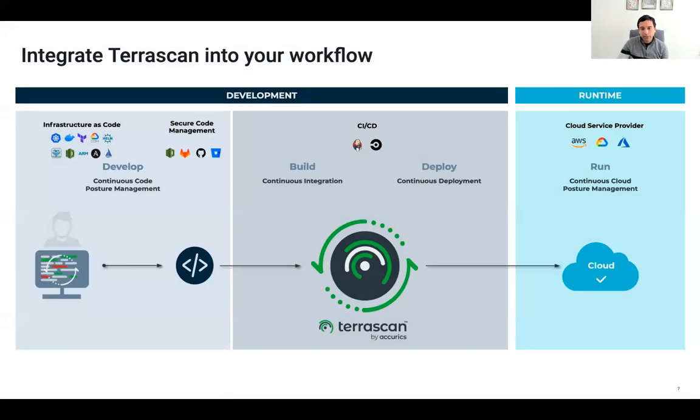Here's how we visualize integrating Terrascan into your workflow, where you can run the tool natively in your local development environment so you can catch any security issues as early as possible. You can also have a pipeline that verifies compliance to your policies before pushing any changes into your cloud environment. And you can also run Terrascan in server mode, where you're feeding it infrastructure configuration files before making any changes